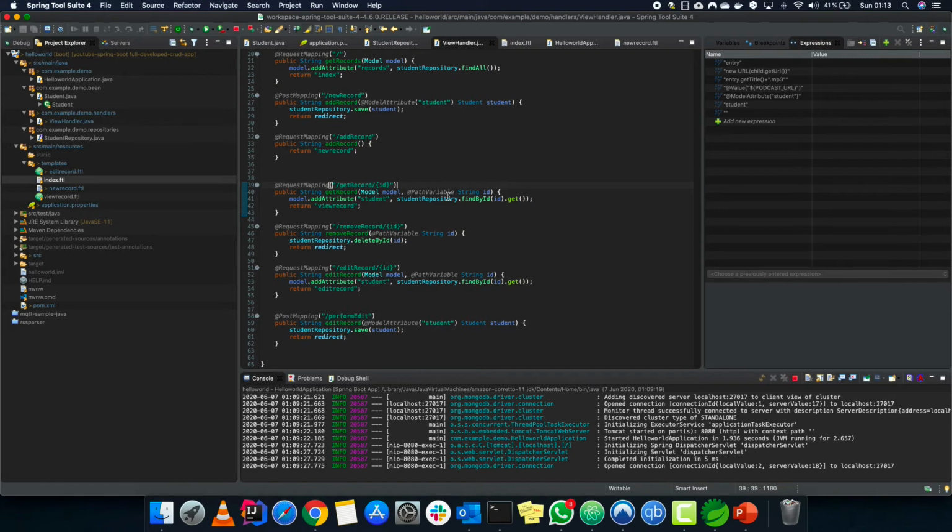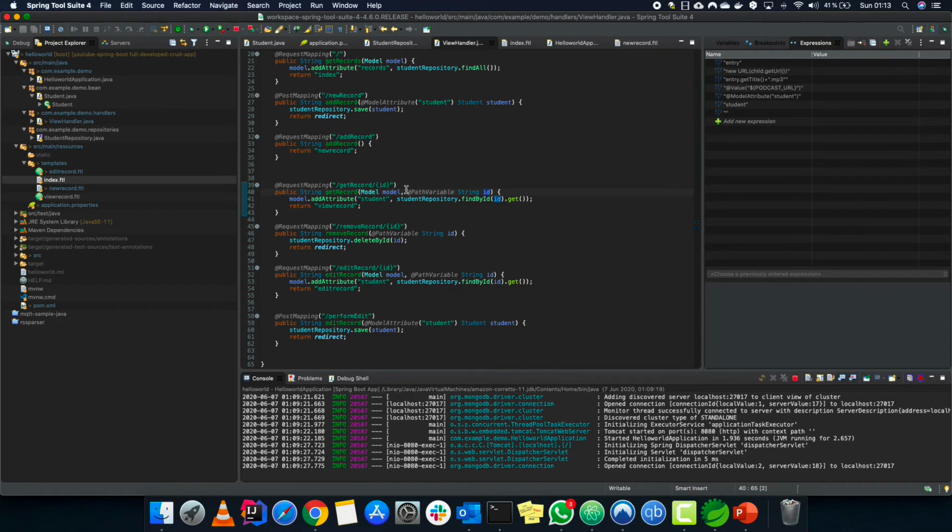That is, take that particular ID, assign it to this particular variable. So the variable that was forwarded with the request from the view, from the mapping, it is saved into that variable named as id, and we get our record with that